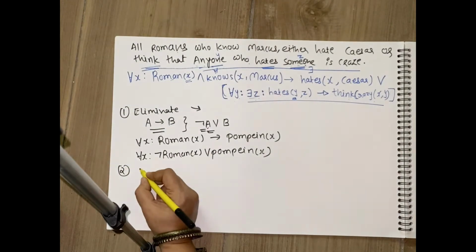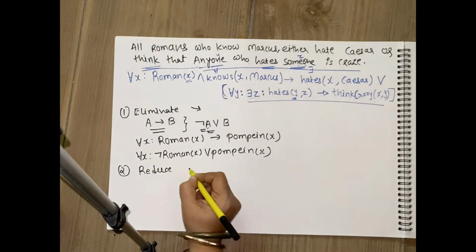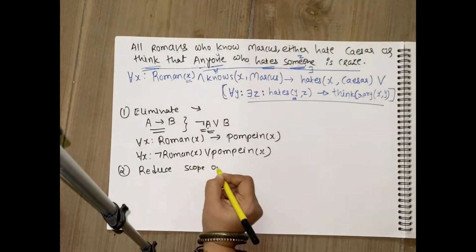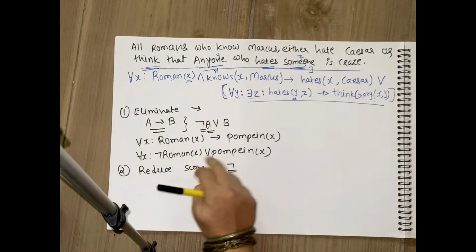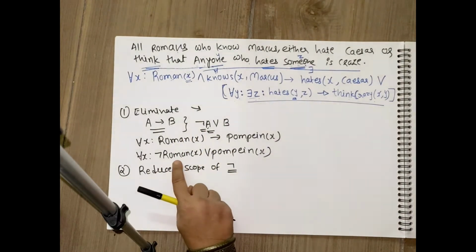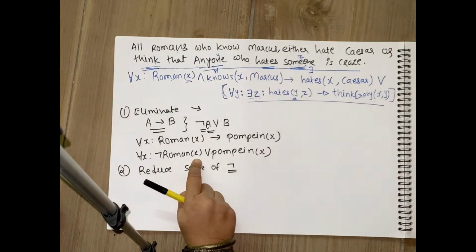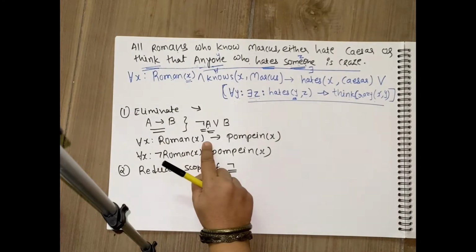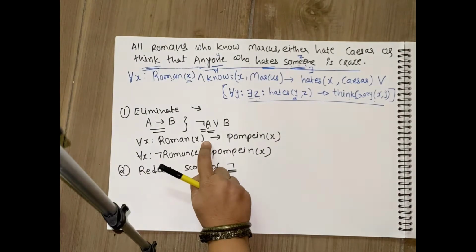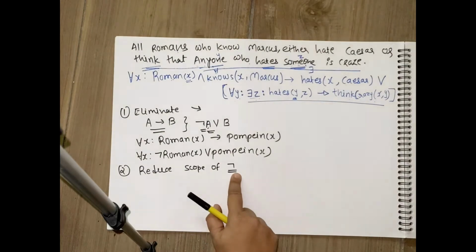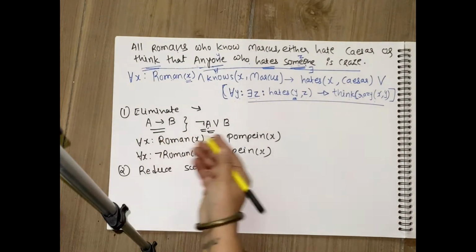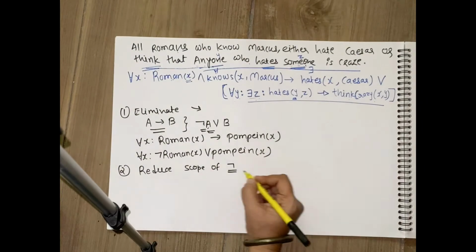The second step says reduce scope of negation. See, this one is the simpler one. Negation was directly applied to the left hand side single predicate available. But imagine that on the left side you have multiple predicates related with each other with OR operation, AND operation and so on. If it is complicated, then applying not to it is also going to be complicated. So what you have to do? Reduce the scope of not, so that not will be applied to all the predicates you have. So how are you going to apply this?